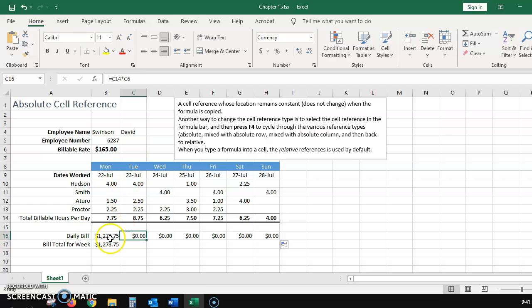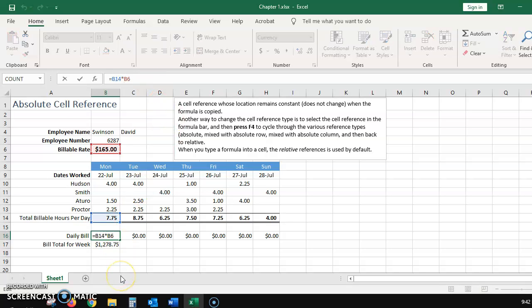So we have to go back and we need to make reference B6 an absolute, meaning when I use my fill handle to copy that, B6 is going to stay constant and not change, but B16 will change to C16 and so forth. So I'm going to click up there. I'm going to use my F4 key,